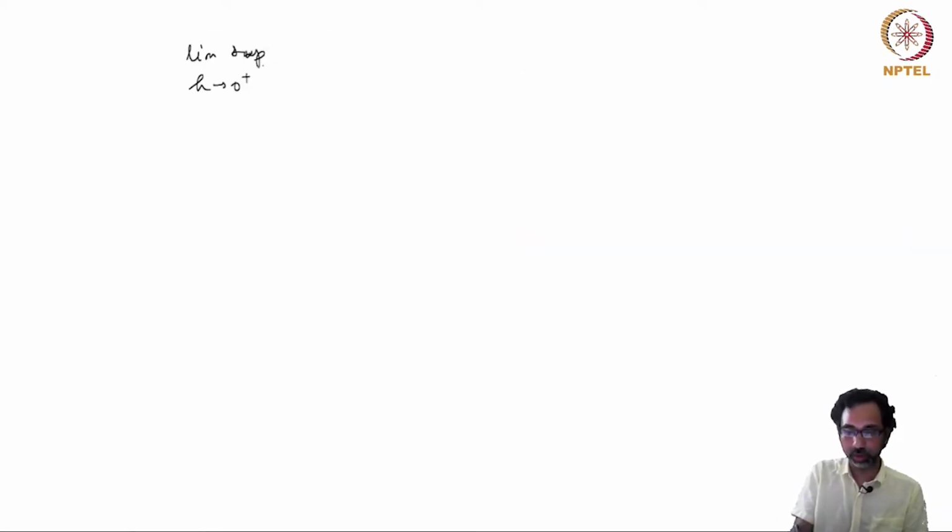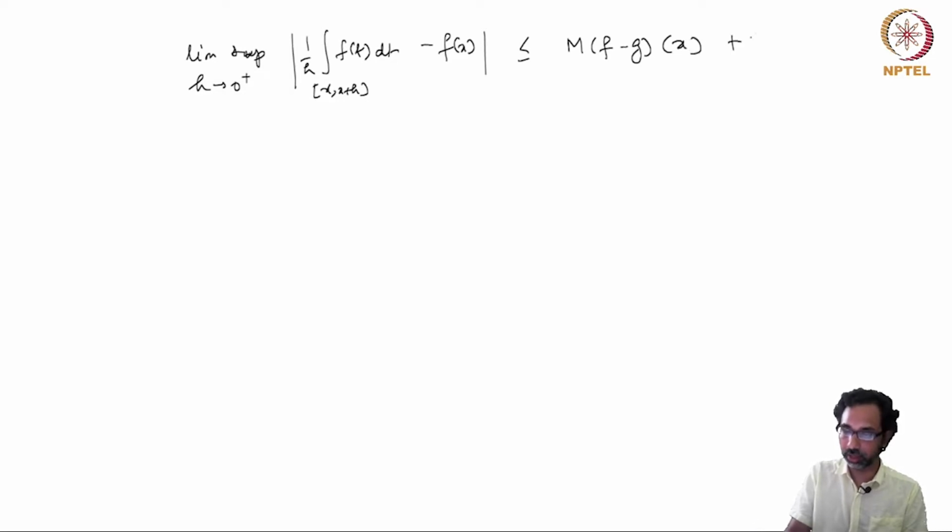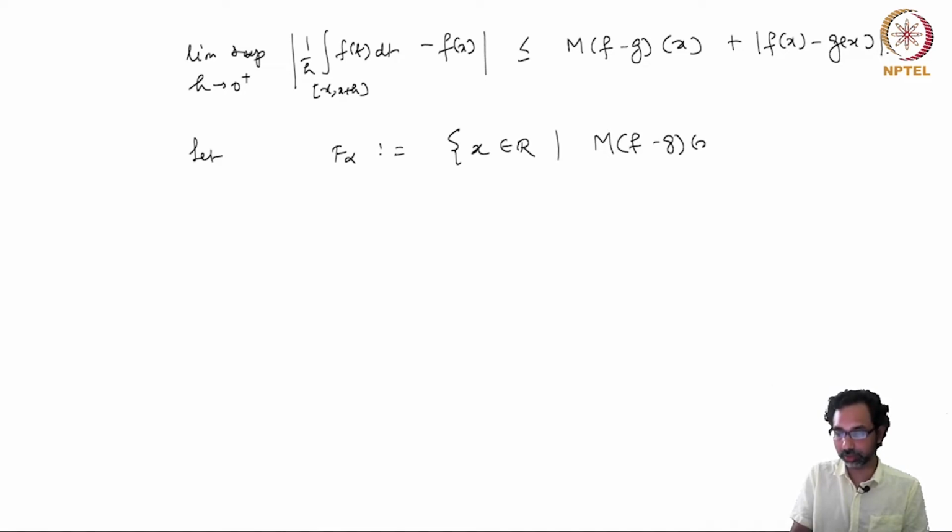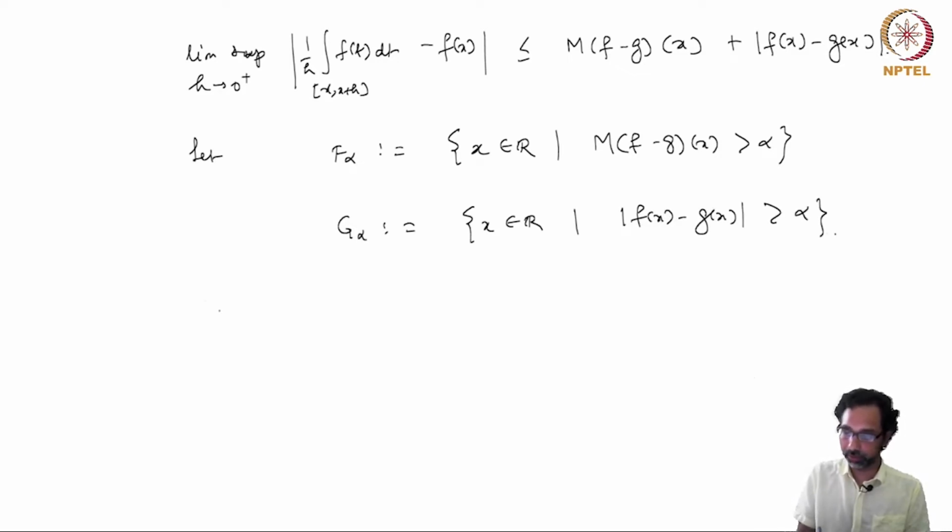So with this maximal function, I get this inequality: the modulus of 1 over h integral of ft dt over x to x plus h, minus fx, is less than or equal to mf minus g at x plus modulus of fx minus gx. So now if we let F alpha be the set of all x in R such that the maximal function of f minus g at x is greater than alpha, and G alpha is the set of all x in R such that mod of fx minus gx is greater than alpha. So now we note that if x belongs to E alpha, then either